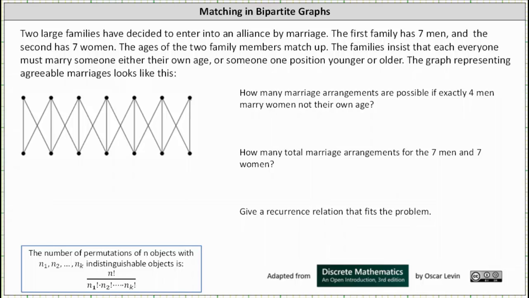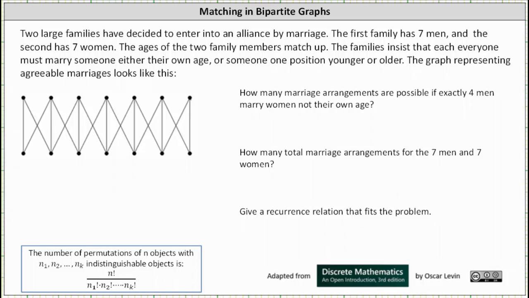Two large families have decided to enter into an alliance by marriage. The first family has 7 men, and the second has 7 women. The ages of the two family members match up. The families insist that everyone must marry someone either their own age or someone one position younger or older. The graph representing agreeable marriages looks like the graph below. Notice how we have a bipartite graph, and a possible marriage arrangement for all the men and women would be